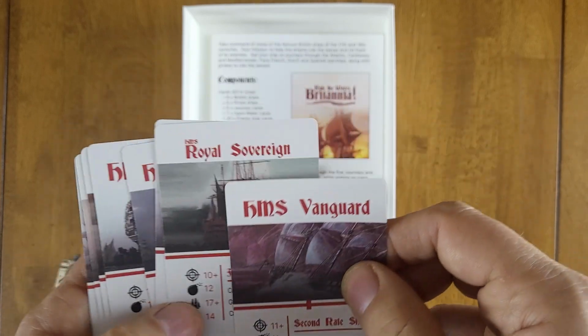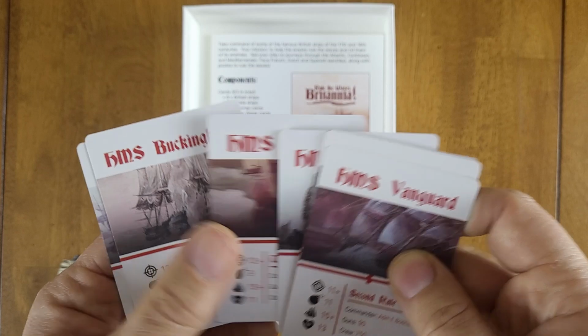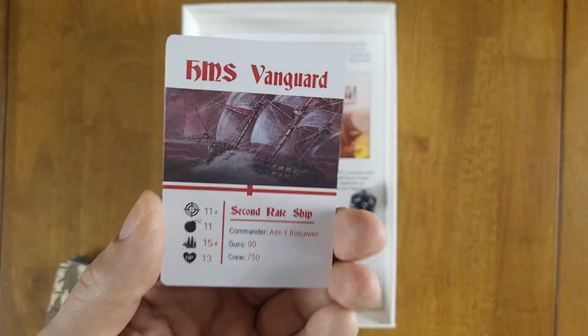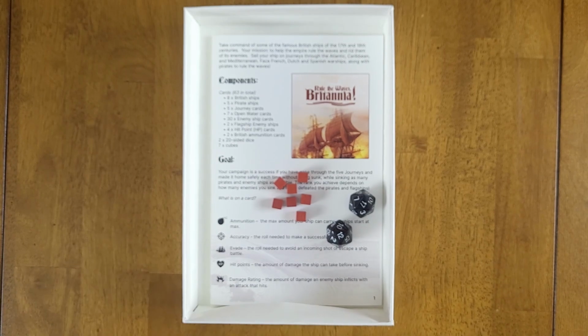So we've got the HMS Vanguard, Royal Sovereign, Marlborough, Lancaster, Cornwall, Burford, Buckingham, and Britannia. So those are your British ships, and you will be commanding one of these. And you change it up. You'll get different ships for each journey. And we've got